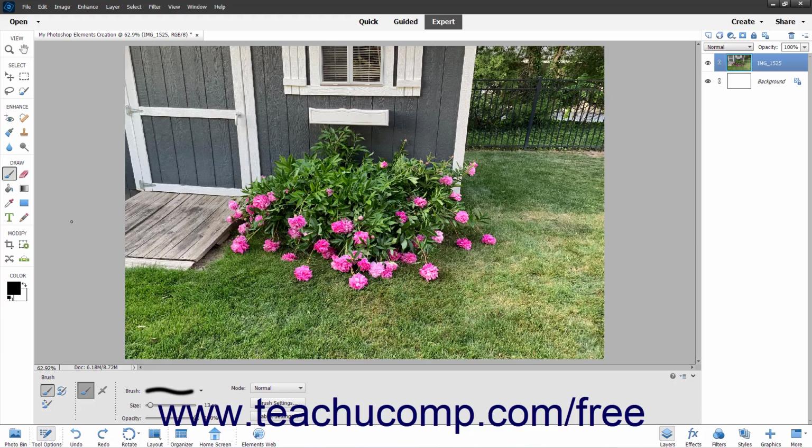www.teachucomp.com/free. The painting tools in Photoshop Elements include the Brush Tool, Impressionist Brush Tool, Pencil Tool, Color Replacement Tool, Eraser Tool, Magic Eraser Tool, Background Eraser Tool, and the Smart Brush Tools. The term painting tools in Photoshop Elements is a broad-based, generalized term that refers to all these different pixel editing